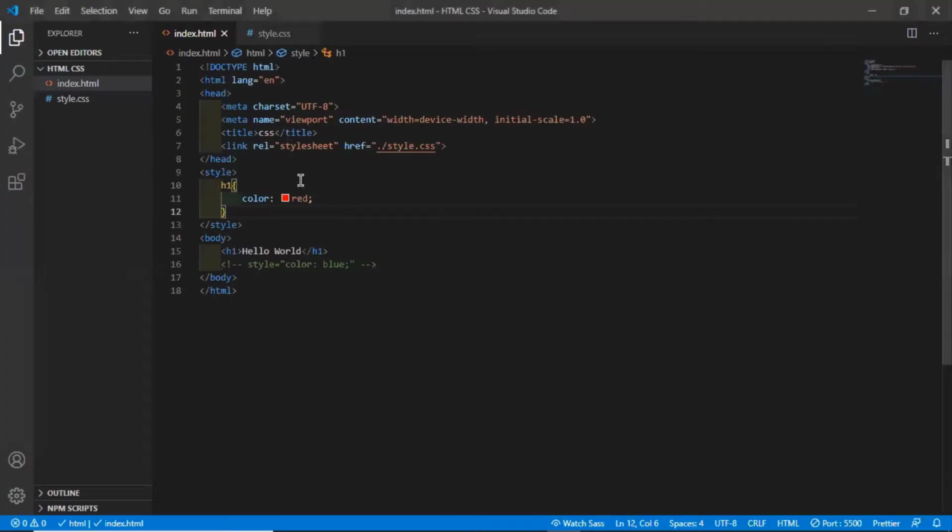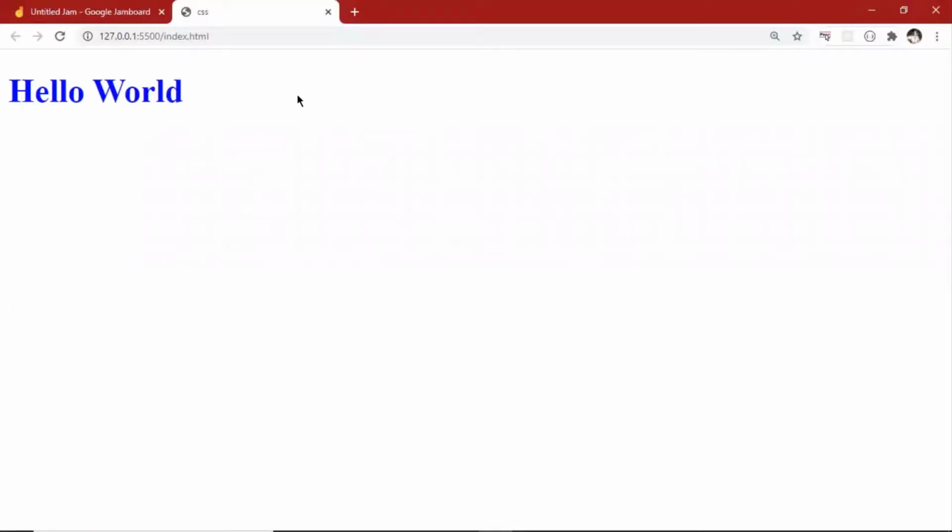Why is that so? Because when the website is loading, it will start from the first, second, third, fourth, fifth line, this way, and the seventh line will execute first, then the ninth line, which results in the color of h1 being turned to green, and then again the color has turned to red. Now let's do something. I will uncomment this, copy it and paste it here. Let's see what happens now. So what do you think? See, it got blue. Why is that so?